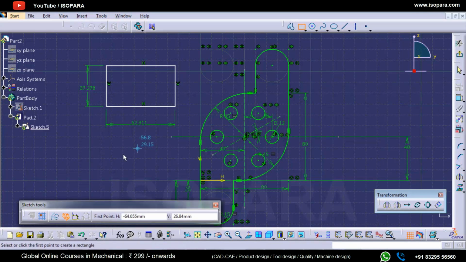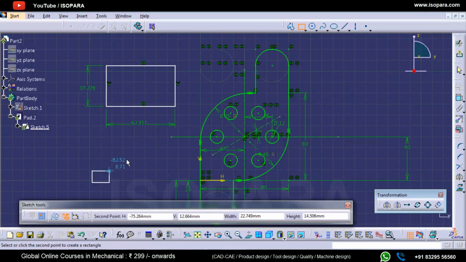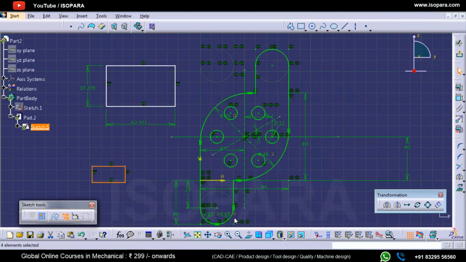There is another way of creating a rectangle, where I can give the values as a width and a height. I give a width of 30 and a height of 15 and press enter.